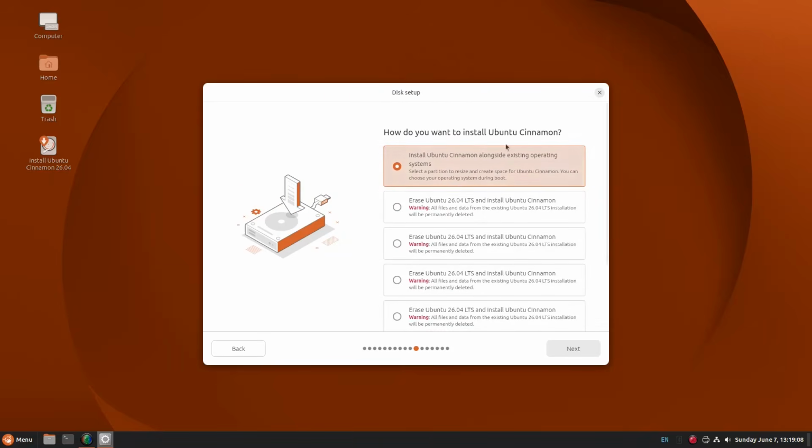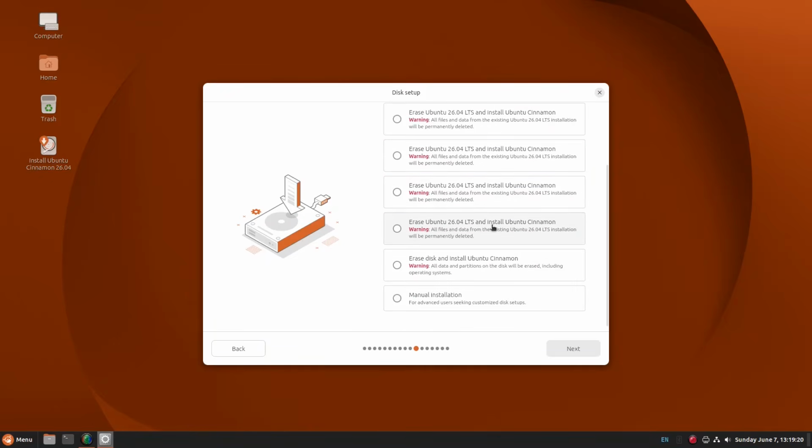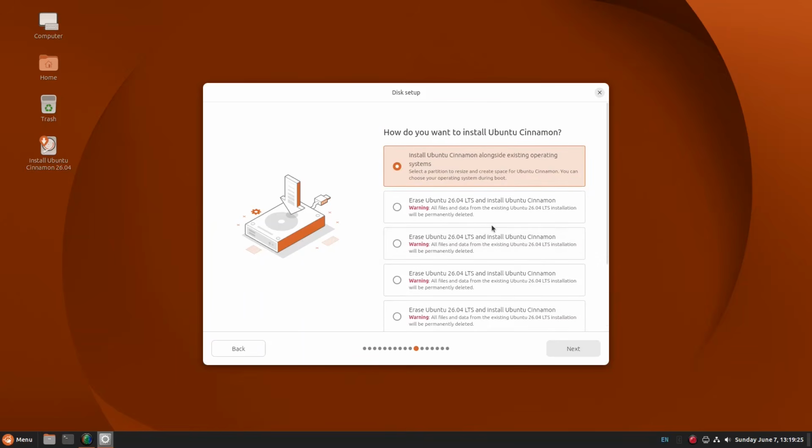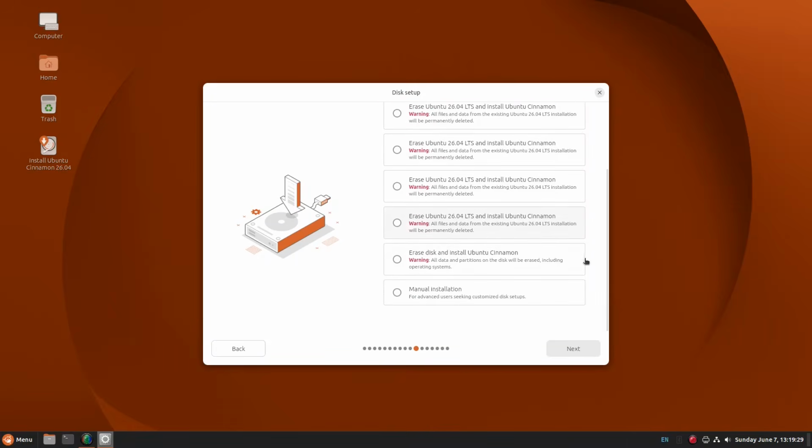Then you can choose where you want to install it, so you can install alongside other operating systems, you can erase and install Ubuntu, various options. You can see here I've got lots of options because at this moment in time I have installed every version of Ubuntu there is on my drive, so it makes it very difficult for me to do this. I'm going to go for a manual installation,